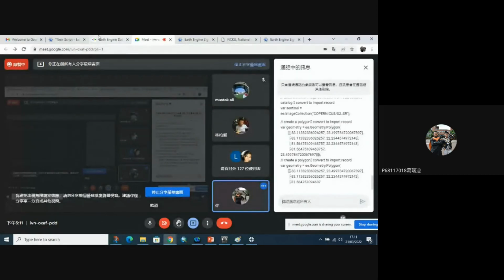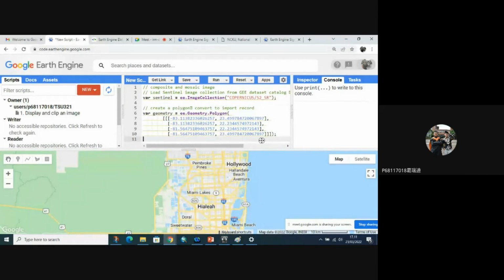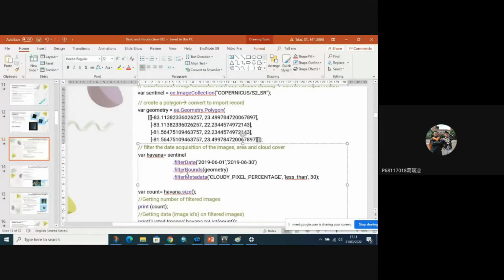Yeah, everything is fine. And again, filter the data by the date here, by the bounds, the image border, using the geometry, this polygon, and filter metadata. We want to get the cloud cover less than 30%. So this is how to filter the image.